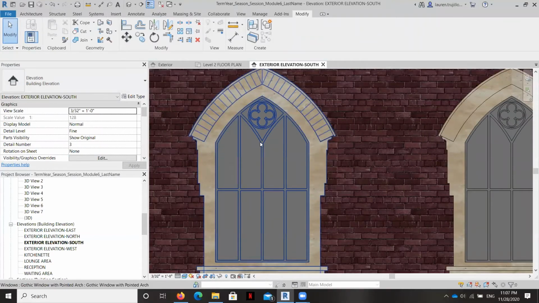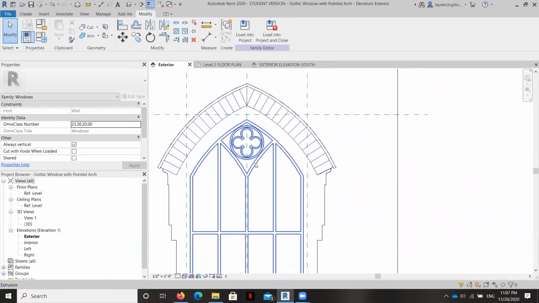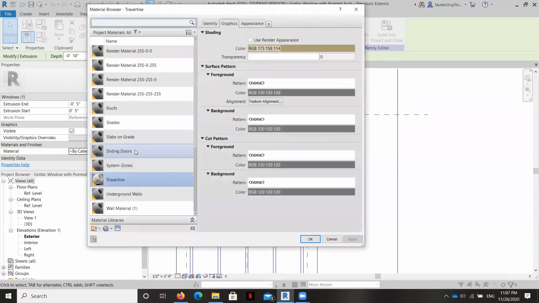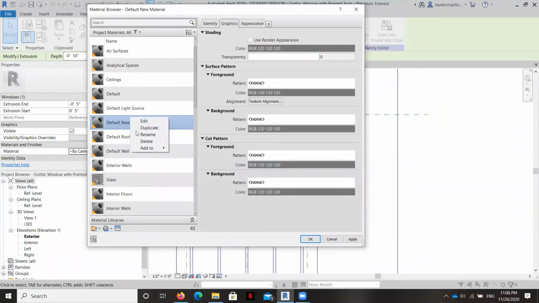Now, for the tracery in here, it can be wood or it can be stone of some kind. We can go ahead and create this as a wood one. So all we have to do is, again, go back to our family, grab that extrusion, and for the materials, once again, we don't have a very robust collection of materials in here, but we can create a new material. So I'm going to pause and just create a dark wood material so that you can see it. So we'll pause for a minute and I'm going to go find a swatch online. And now that I've got that material swatch set up, I'm going to create a new one. And I'm going to call this